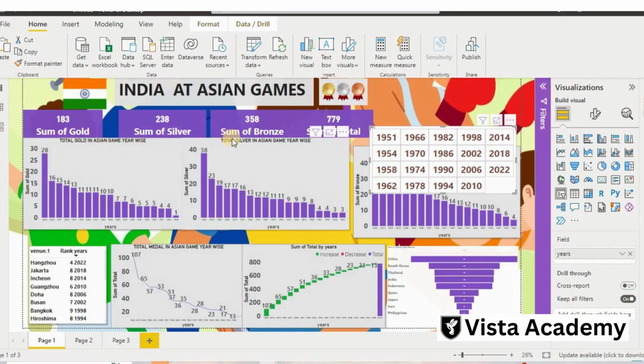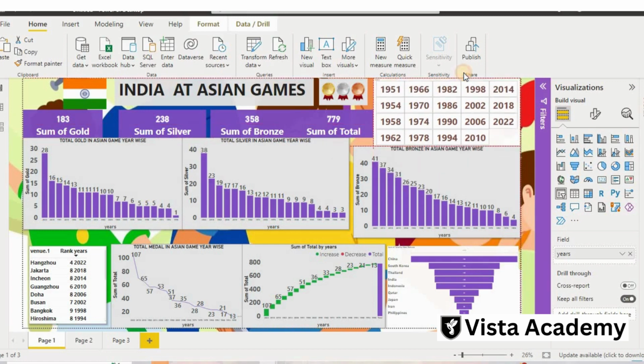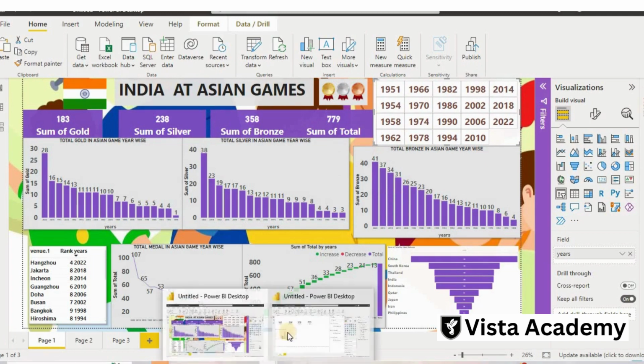First of all we will take gold, then silver, then bronze. This way we have taken all the details here, and now I will take all the details here also like this in my new chart.